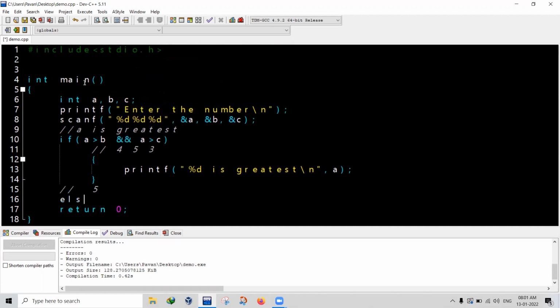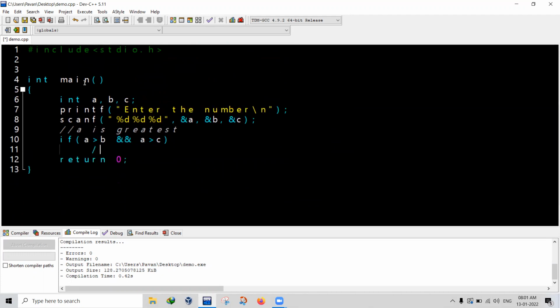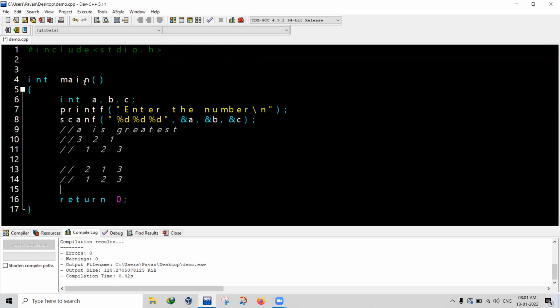And one more important problem that can be asked from this unit is ascending order of three numbers. And that is also a simple problem. I'll just explain it fast and then we'll go to GCD, the most important. That is, if the numbers are given 3, 2, 1, you have to print it in the order 1, 2, 3. If the numbers are given as 2, 1, 3, you still have to print it as 1, 2, 3. If the numbers are given as 1, 2, 3, you have to print the answer as 1, 2, 3. This is ascending order. Starting from the lowest number to the highest number, you have to print it all.